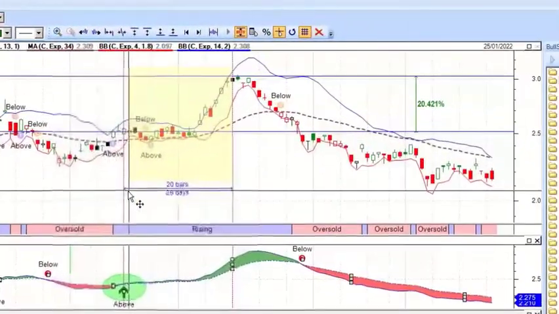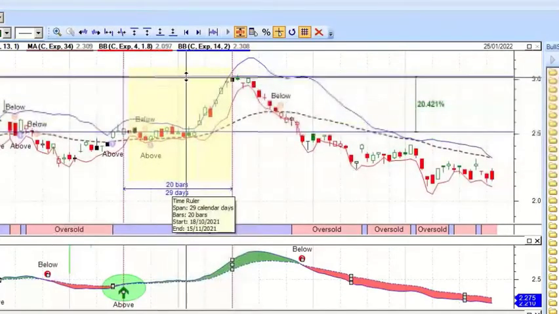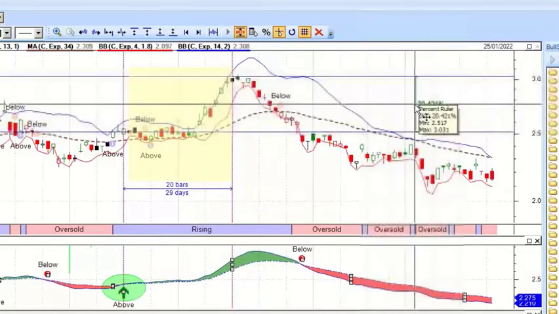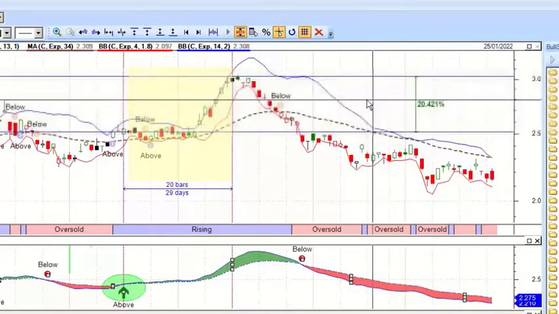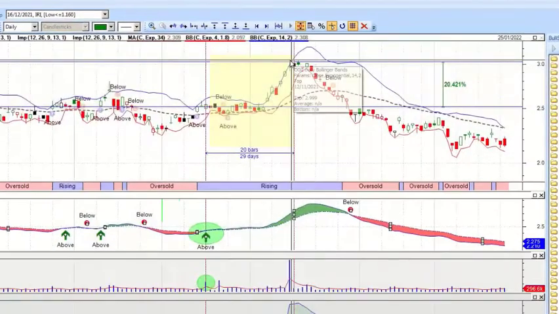So you can see here, it actually ran. This particular scan ran for the 21 days. It actually got my 17%. At this time, I was looking for 20%. I backed it off to 17 now, and it actually traded up and took it.